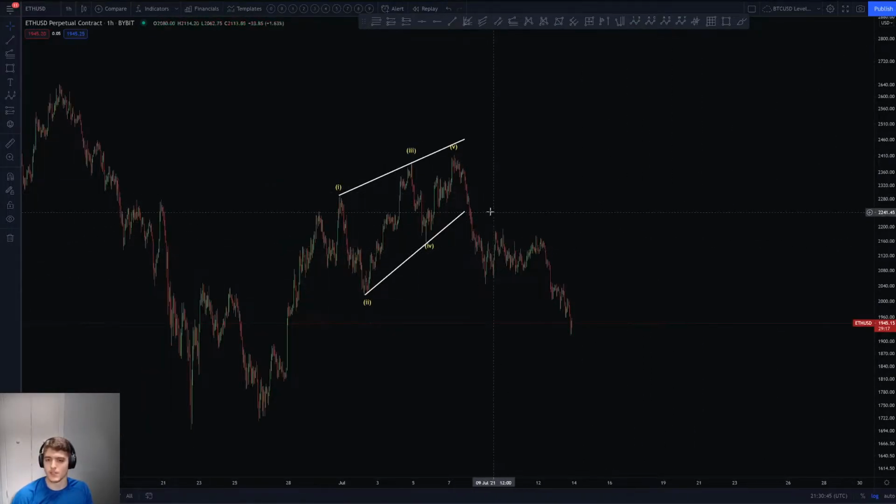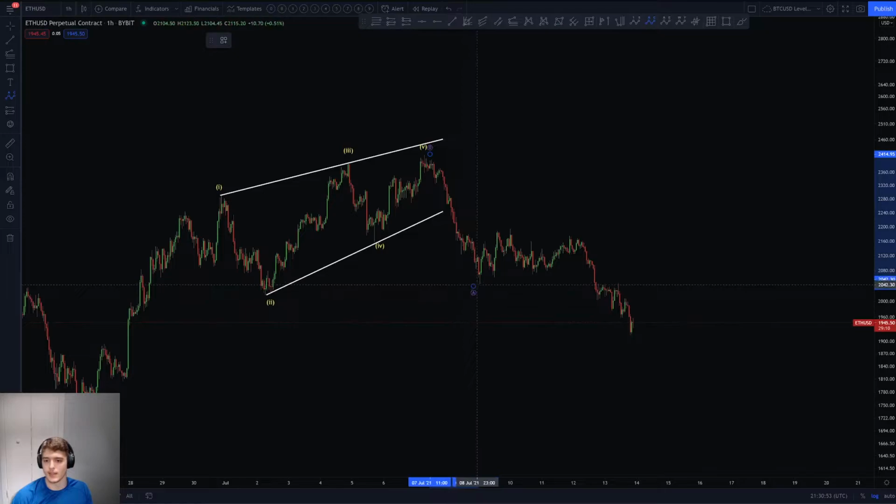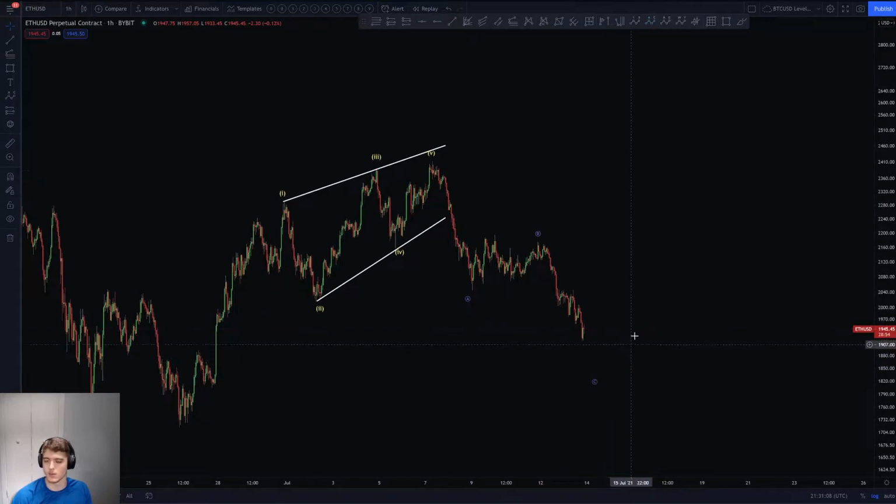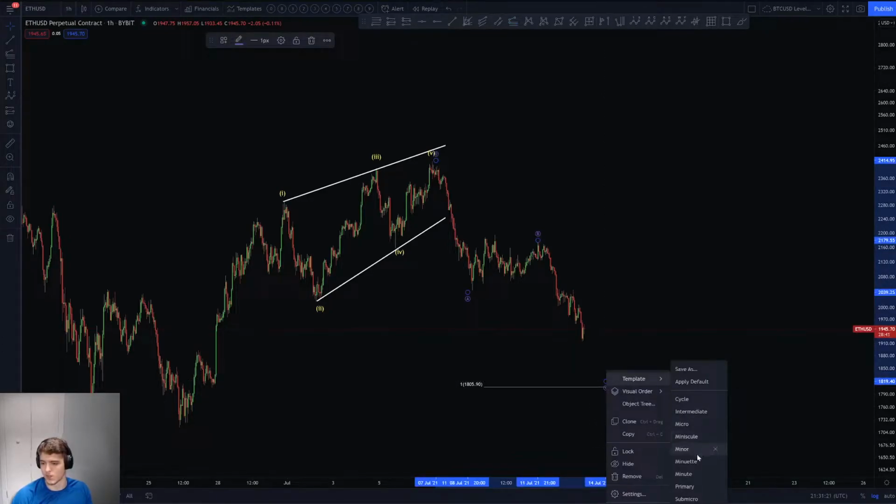And so that would leave us with this correction right here, which I'm saying is an ABC, which would be an A at this low right here, and then we came up for a B, which was kind of a shallow retracement, which would end right here. And currently we're coming down for a wave C, which should, in my opinion, come probably down here. So in theory we're looking for the 1-to-1 to be hit. So that would be wave C being the exact same length, or around the same length as wave A, which would come in around